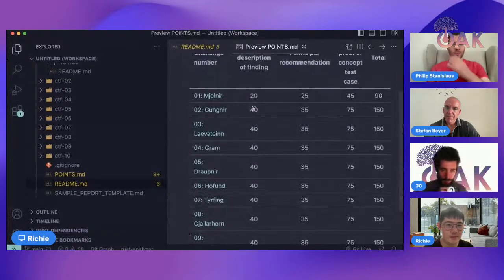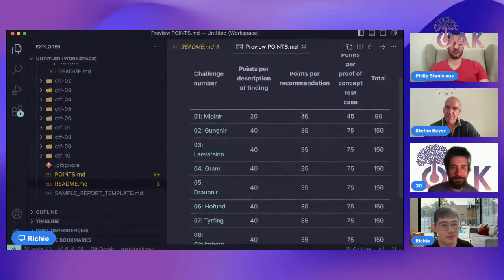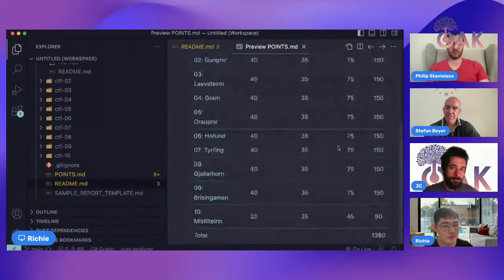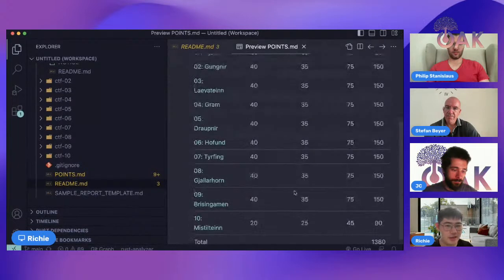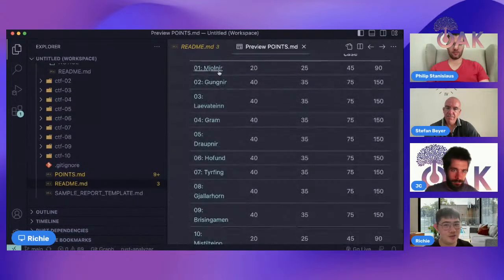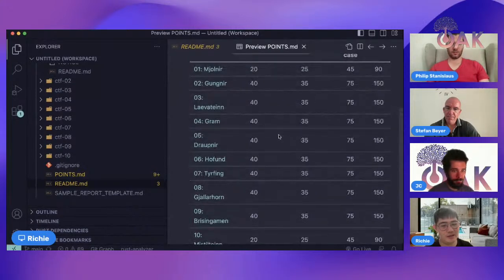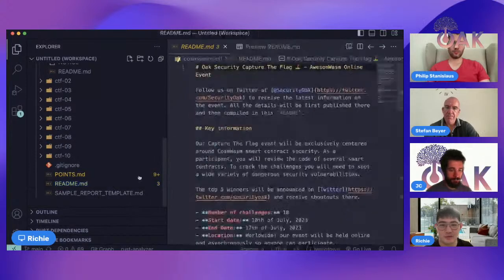So this is the overall challenge list and how we judge the points. In total, there will be 1,380 points. And from just glancing there, you can see that challenge 1 and challenge 10 have fewer points because we judge them as simpler. And for the rest, it will be the same severity, which is hard. So going back to the README,